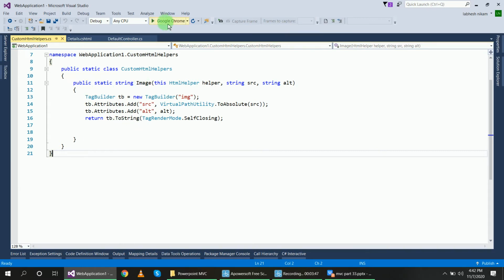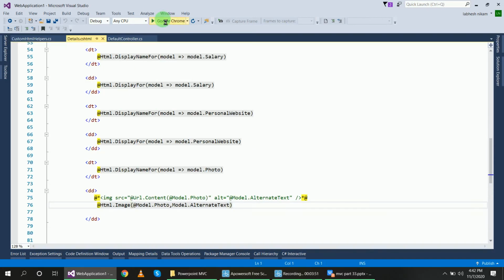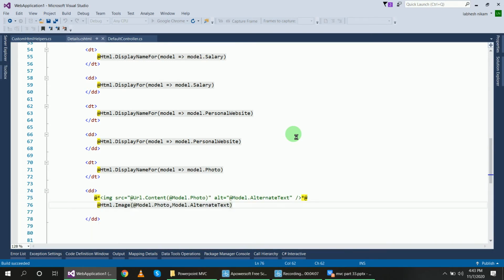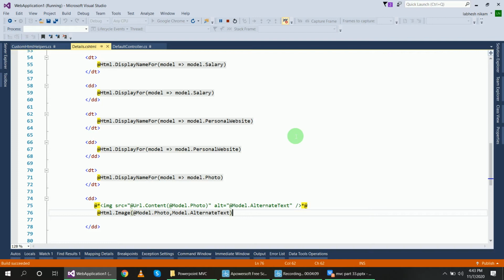The output of this string will be HTML encoded, because when we return string characters like this, they are directly converted to HTML encoding. So in the display it doesn't show the image, but shows the HTML encoded code. To avoid this, you need IHtmlString.